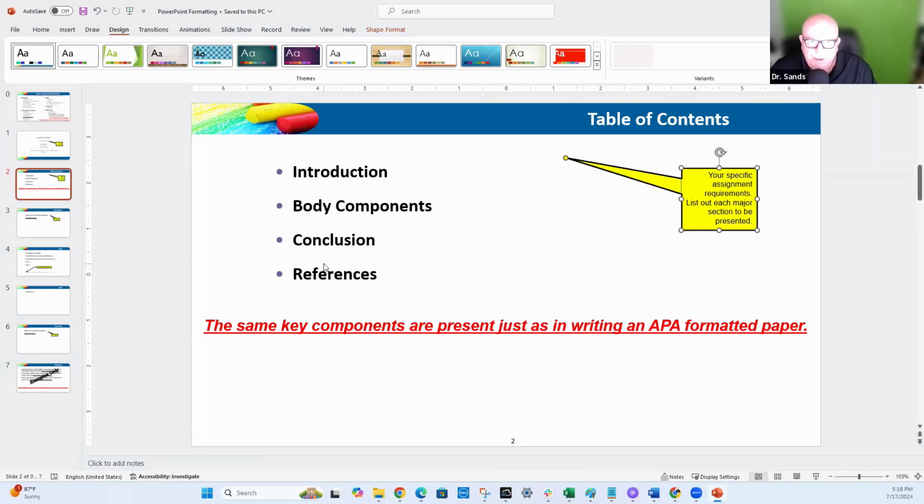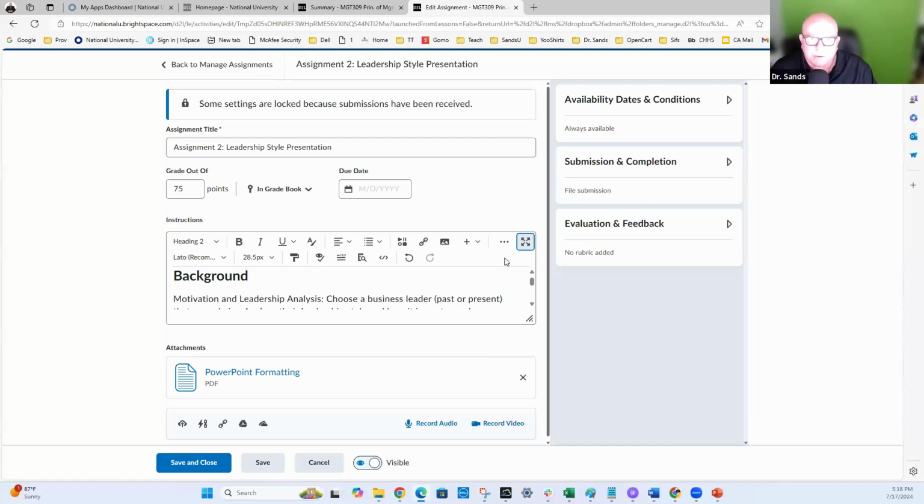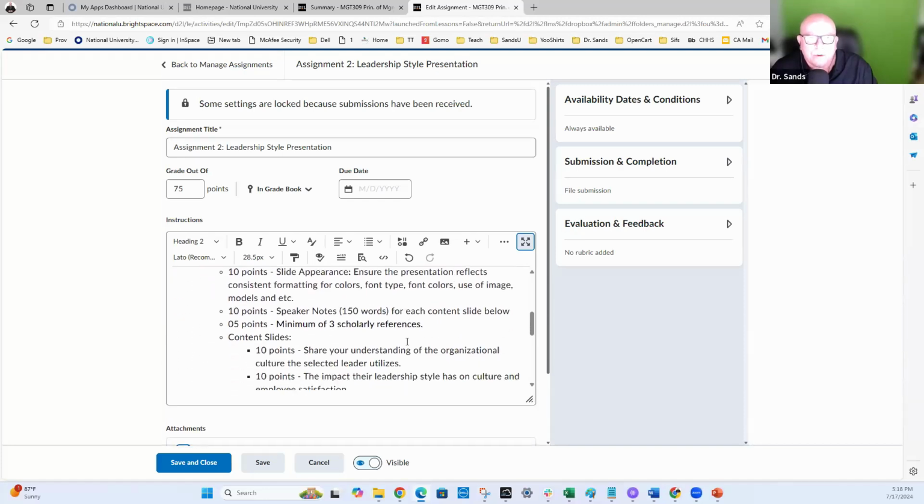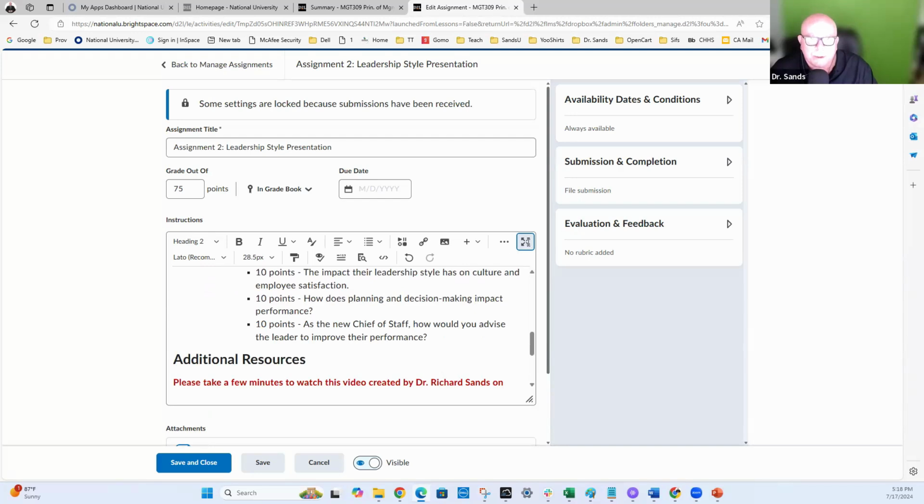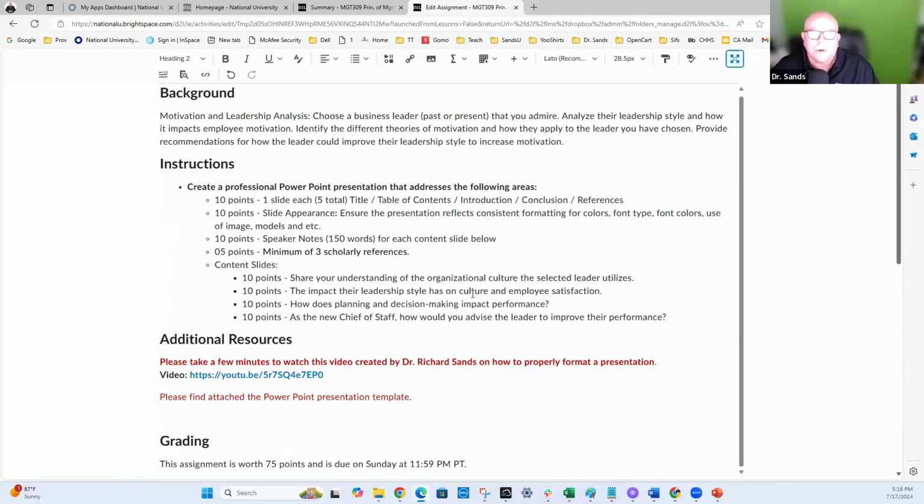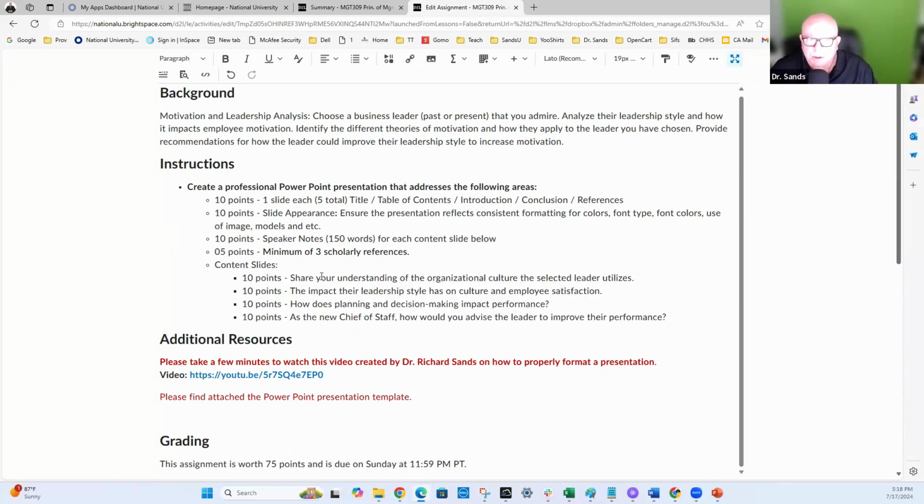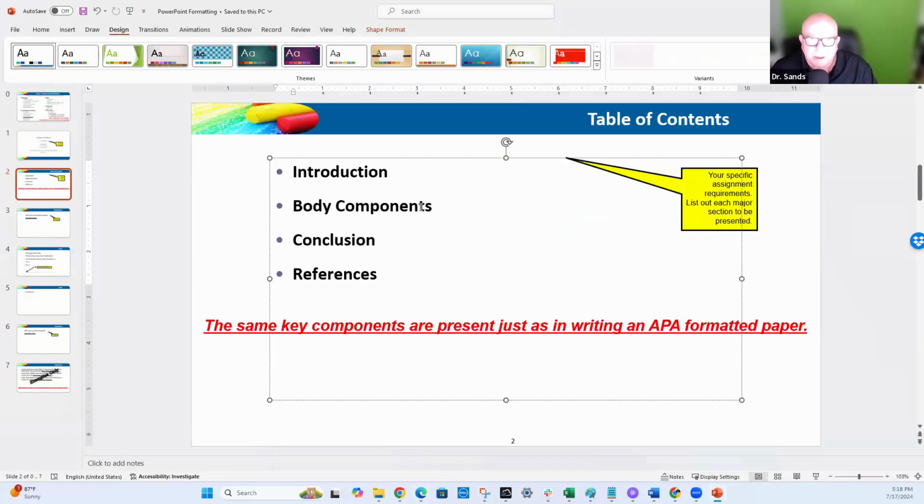And your body, if you think about it, is going to be the content, the body of your presentation. So say, share your understanding of the organizational culture the selected leader utilizes. I would just copy this right here. Let's go back and say,